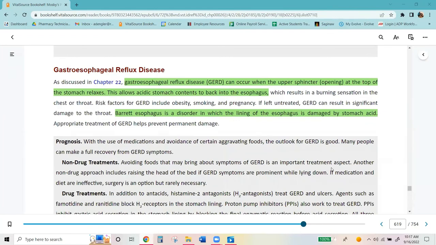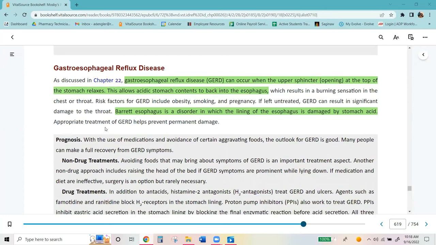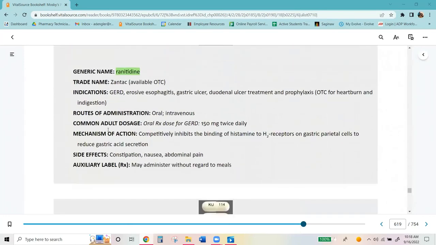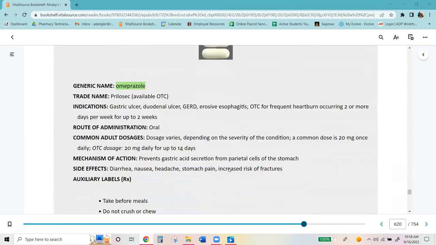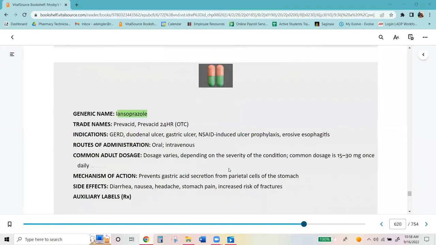GERD can occur when the upper sphincter opening at the top of the stomach relaxes. This allows acidic stomach contents to back into the esophagus. Barrett esophagus is a disorder in which the lining of the esophagus is damaged by stomach acid. The medications used to treat that used to be ranitidine, and that medication has now been removed from the market. But we have omeprazole, lansoprazole,